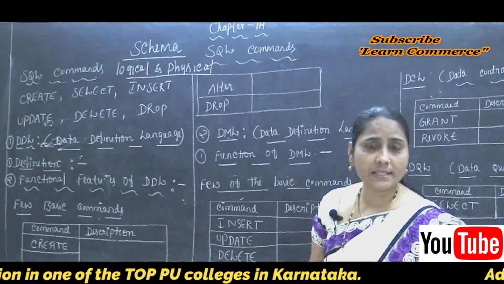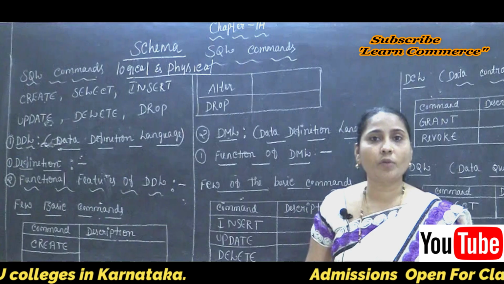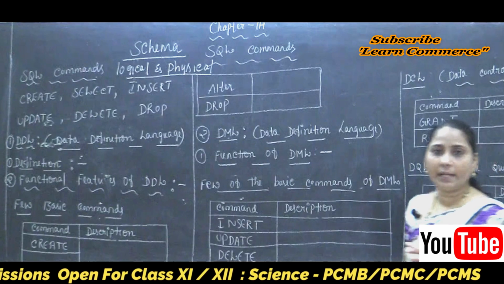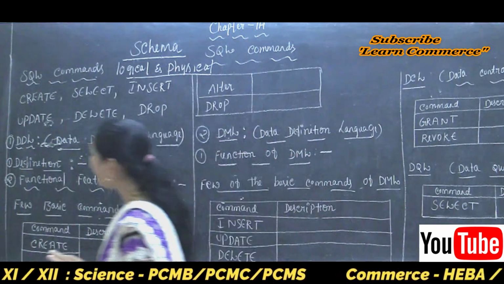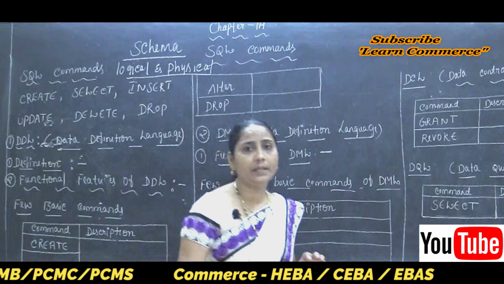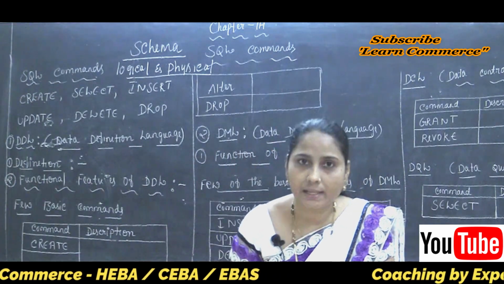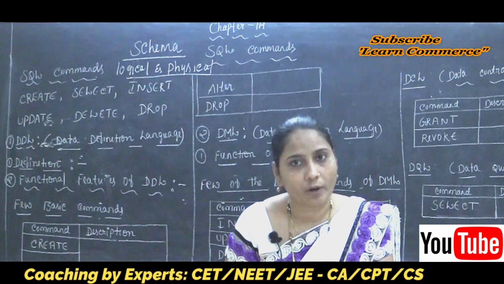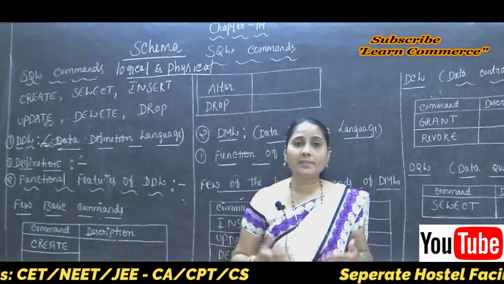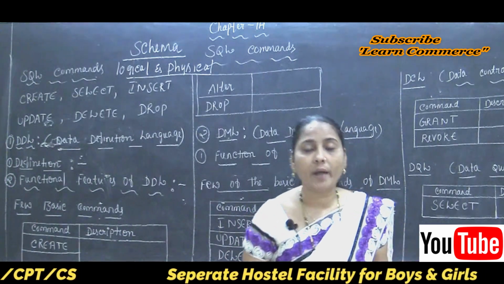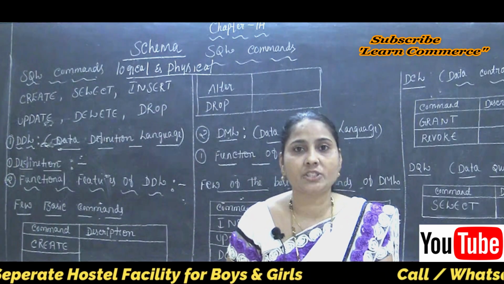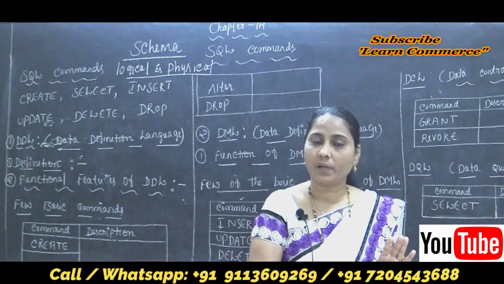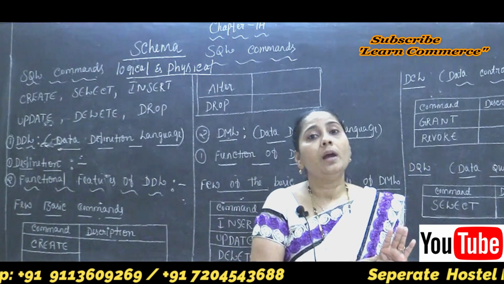And the next thing is the functional features, or just the characteristics, of the DDL, data definition language. So what characteristics does our DDL have? The first characteristic is that the DDL defines the physical characteristics of each record. So what is it going to define? The physical characteristics are the length of the column. Clear this point here? The field length.